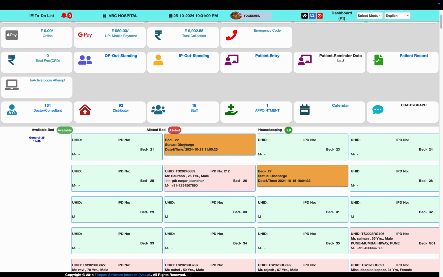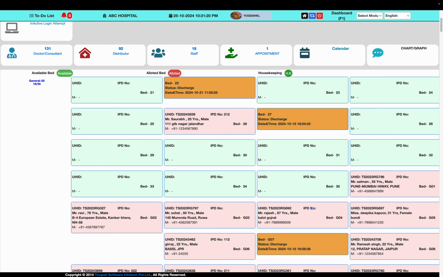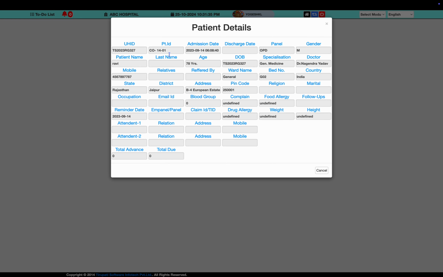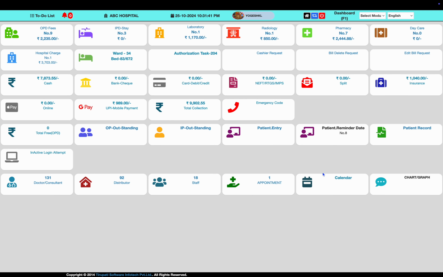Green beds are the vacant beds where we can admit a new patient. Orange beds reflect that the patient was just recently discharged and the bed is with the housekeeping department for the cleaning procedure. Red marks are occupied beds, and on clicking them you see the patient details. If we click on the further patient detail, we get the patient's UHID, name, contact details, and attendant information. If any relative or someone asks the help desk for information about a patient, this helps the dashboard user, receptionist, or help desk user provide the necessary information of the hospital.